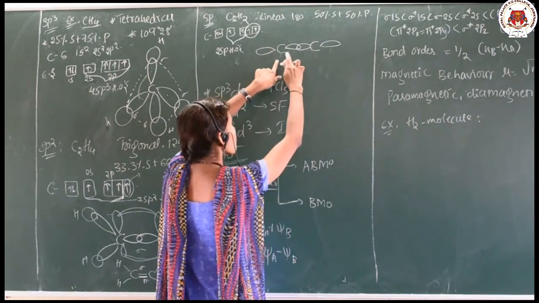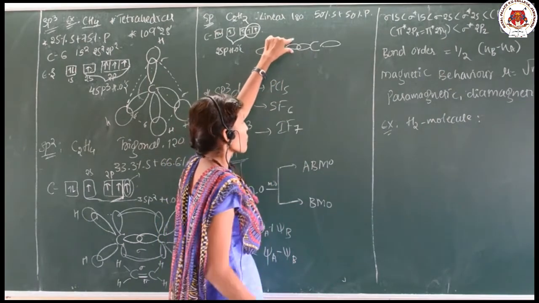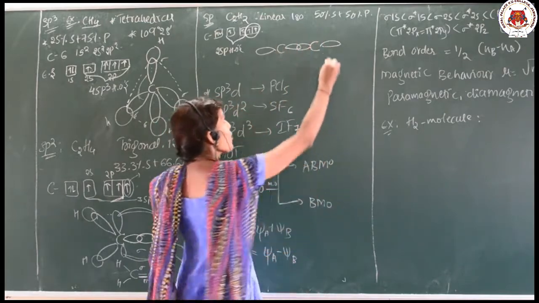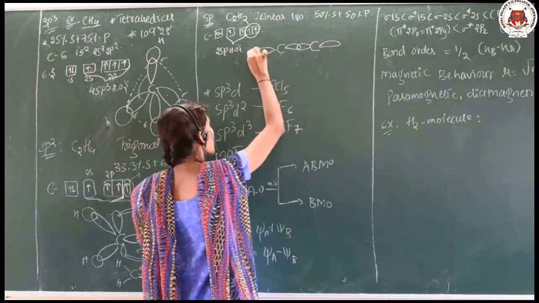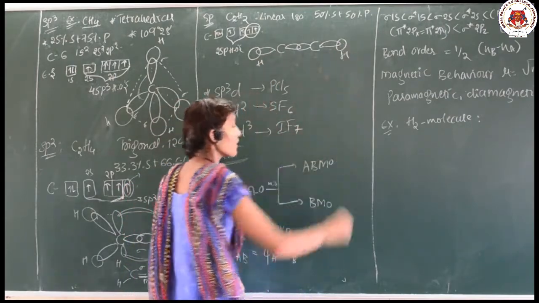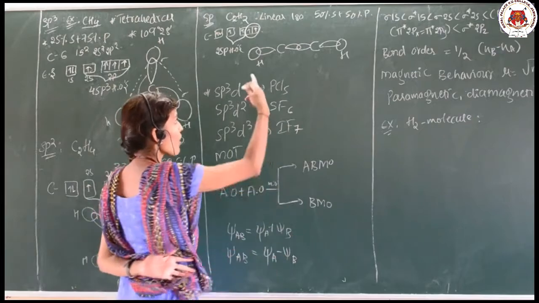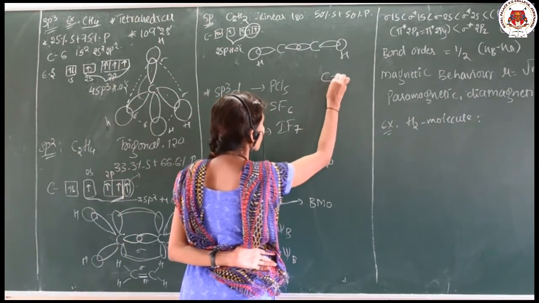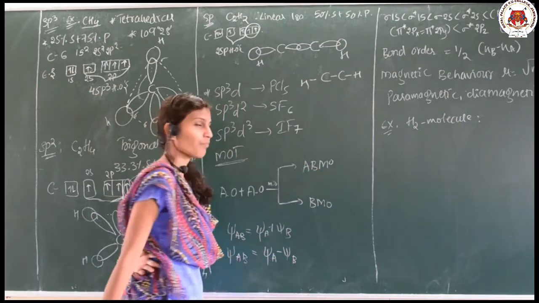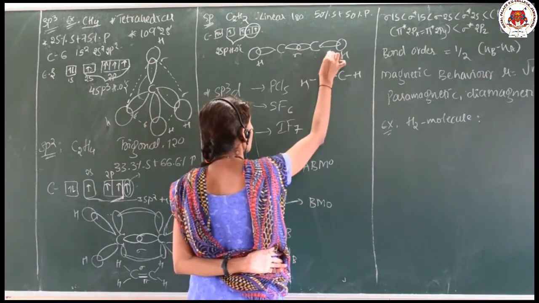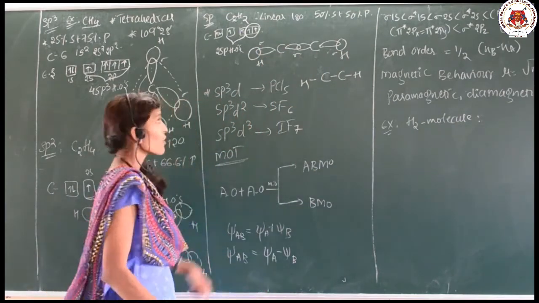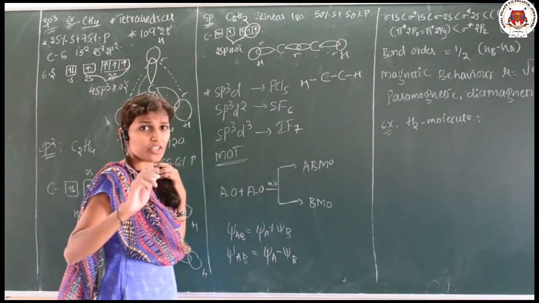Of those 2, one sp hybrid orbital overlaps with the neighboring carbon's sp hybrid orbital, and one more remains. This will overlap with the 1s orbital of the hydrogen like this. So, now how does it appear? Like this, C single bond C, single bond H, single bond H. These are sigma, obviously sigma. Now, there are 2 unhybridized p orbitals present on each carbon.